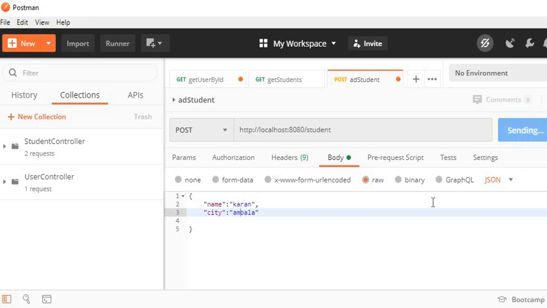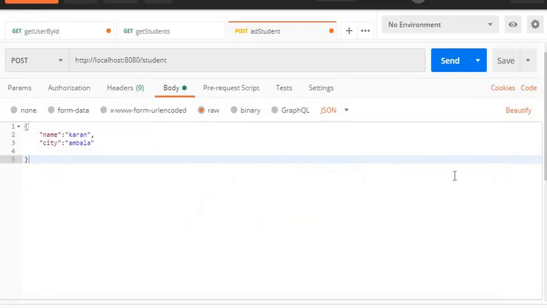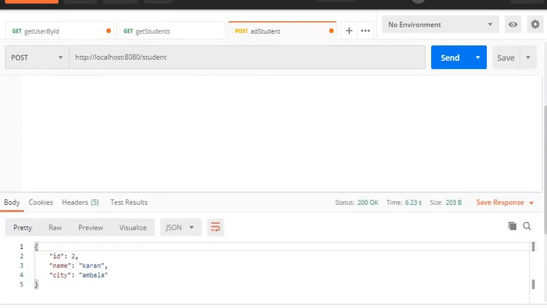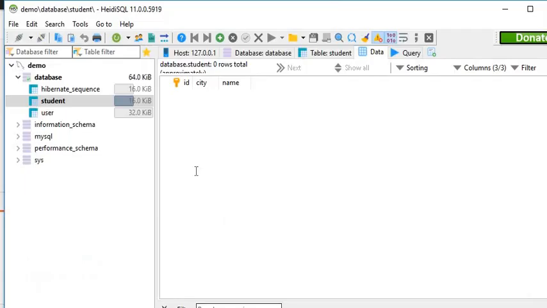It's sending the request. And the response is returned by our CRUD API, that is post, to create a student. Now we will check in my database. Here one record is added successfully.